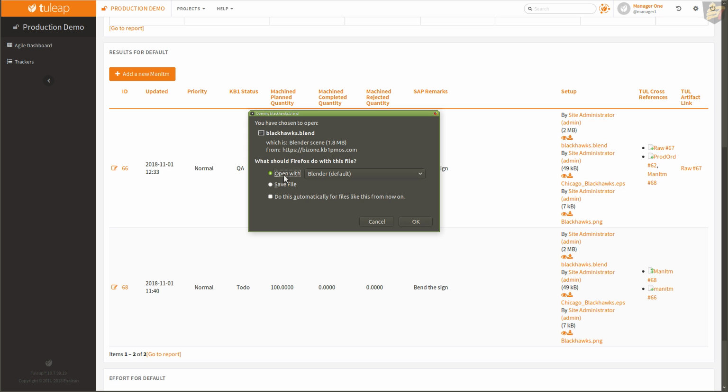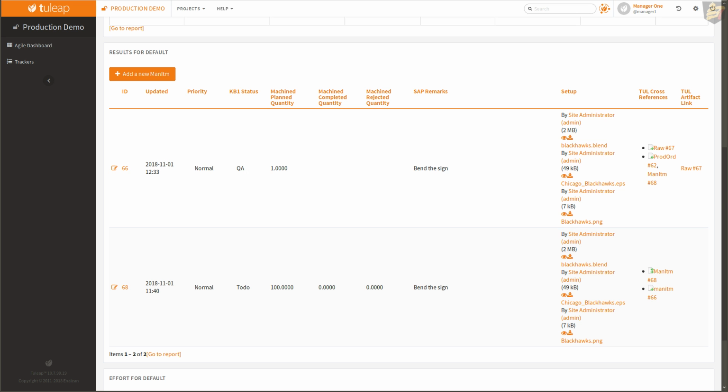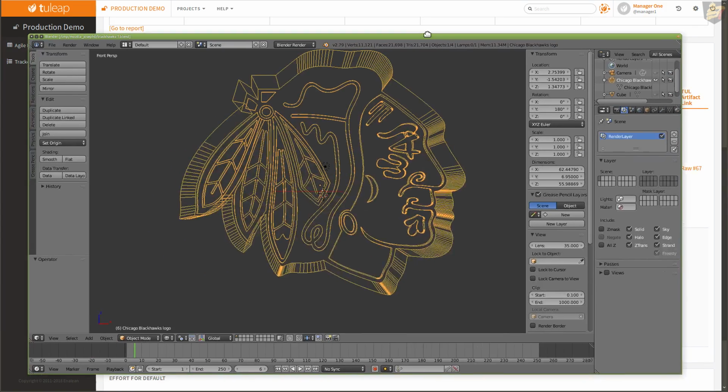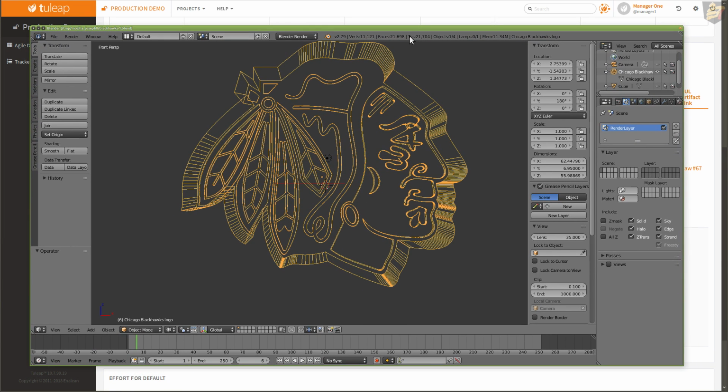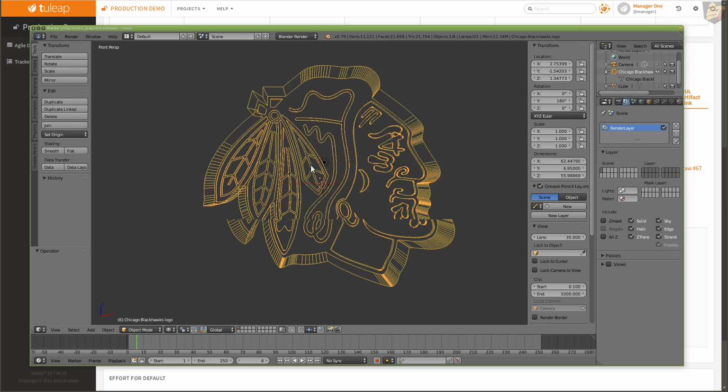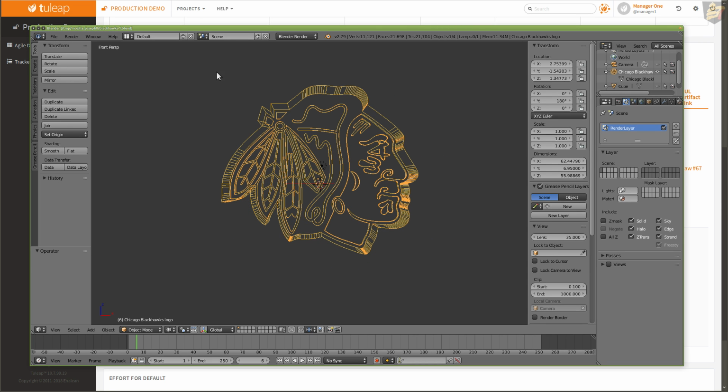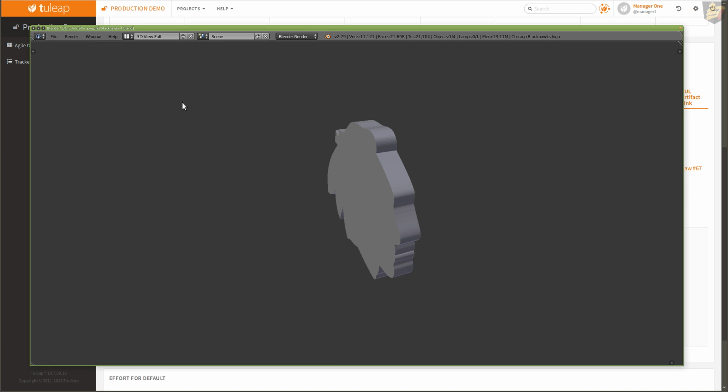Now it'll ask me, by the way, I'm running on top of Linux. It's what we use internally for all of our machines. But I'm going to open it up with Blender, my default program for that. Let's kick that open. And as that opens up, boom, we just click on it, and there, it just opened up for us. And from there, they can take a look at their CAD drawing. They can get all of the information out of the CAD that they need. So they can pull that information in